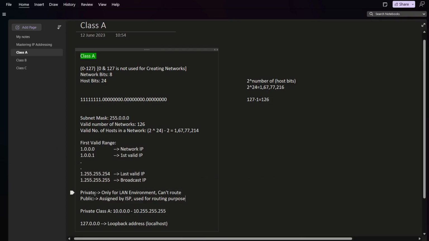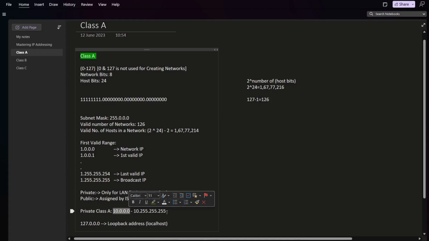There are also private and public ranges in class A. The private range is used only for LAN environments, so we can't route those IPs. And public IPs are assigned by the ISP, which is the Internet Service Provider, and can be used for routing purposes. The private range of class A is from 10.0.0.0 to